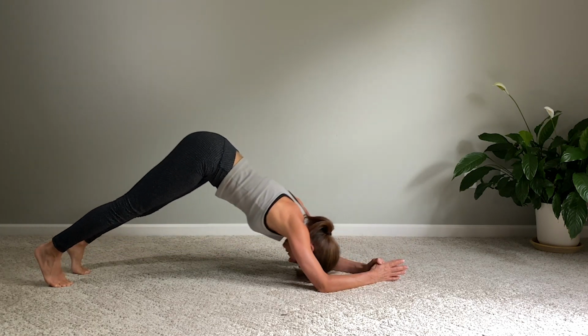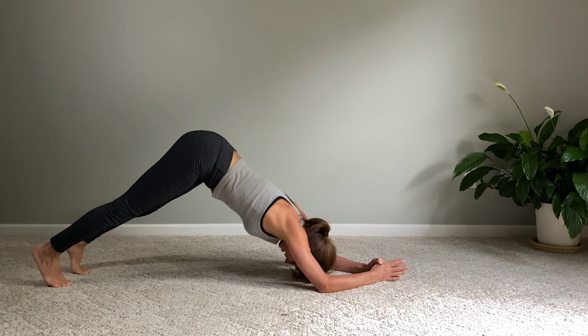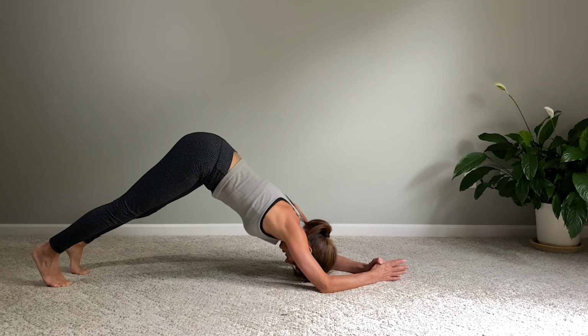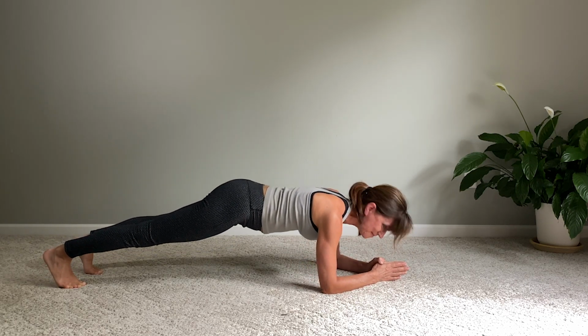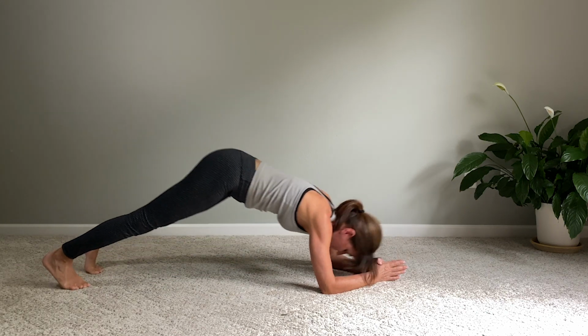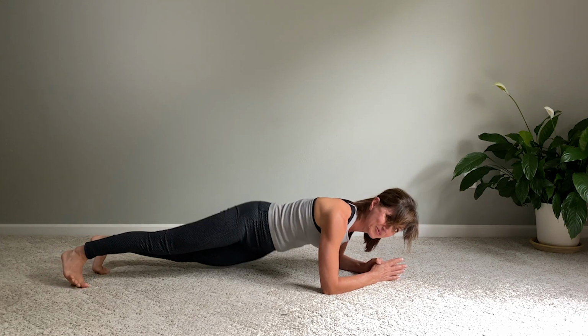Try to keep your neutral spine and then lengthen. And raise the hips and stretch it out. Good. Last one here. And we're gonna make it a combo. So we're gonna drop a hip, raise high, and lengthen. Hip,